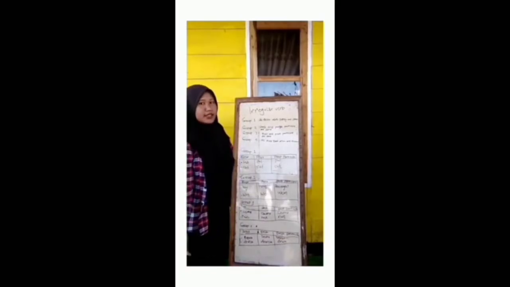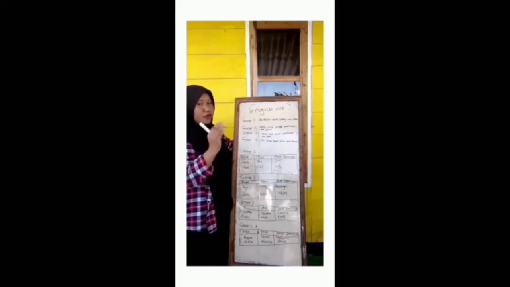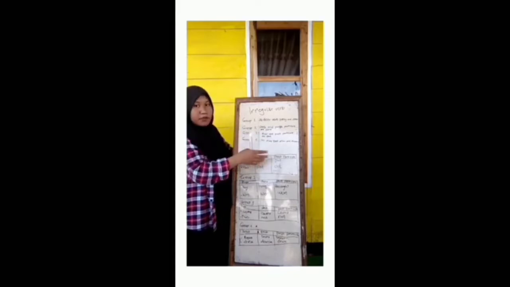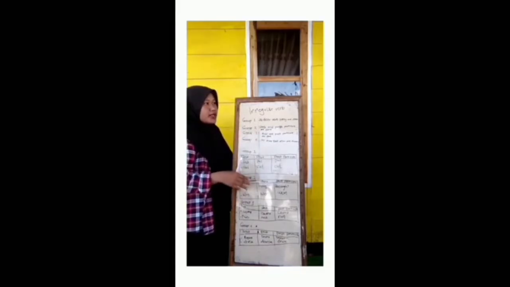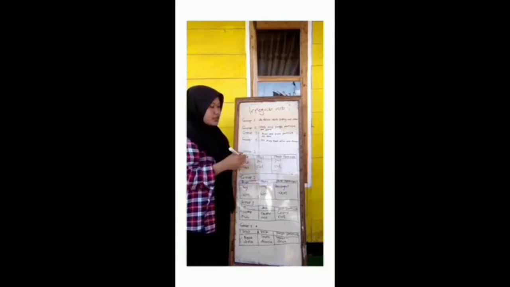Okay guys, from this example, irregular verbs are divided into groups, group 1, group 2, group 3, and group 4. We know that irregular verbs, there's no way to convert